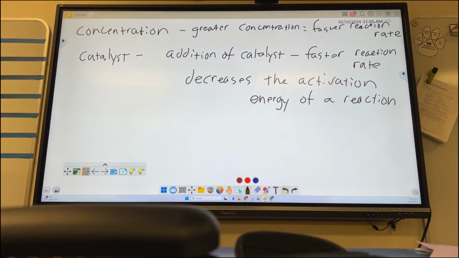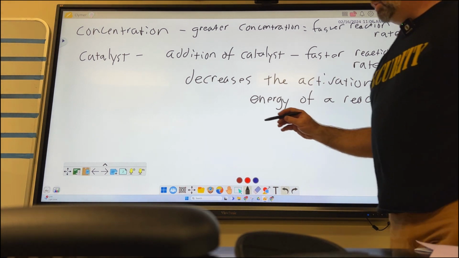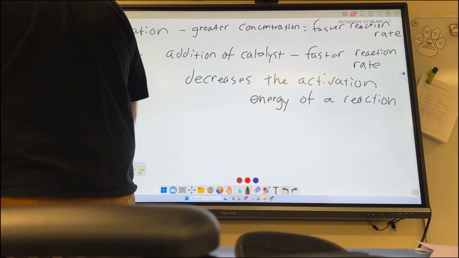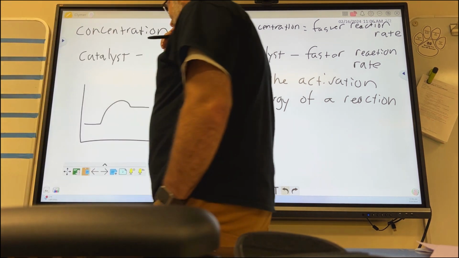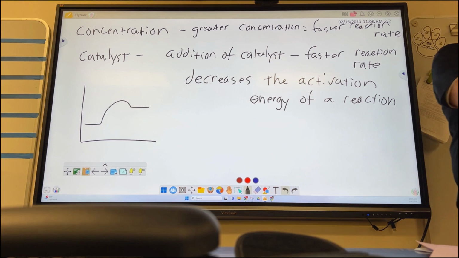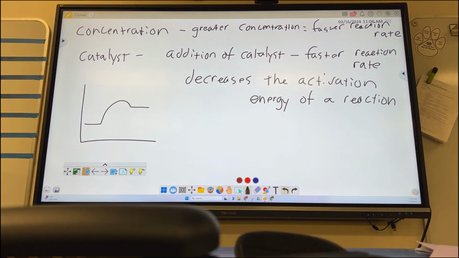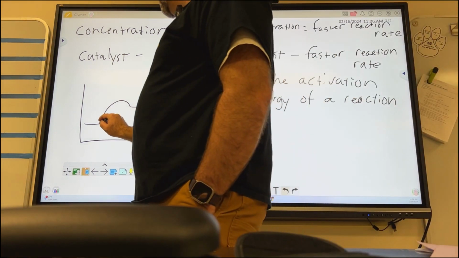Where have we seen activation energy before? Exothermic, endothermic. Right, so where on this graph, that's just the shape of it. Where on that graph is that activation energy? And again, this might be from your notes from 2 days ago. Top of the curve. Yeah, so that's